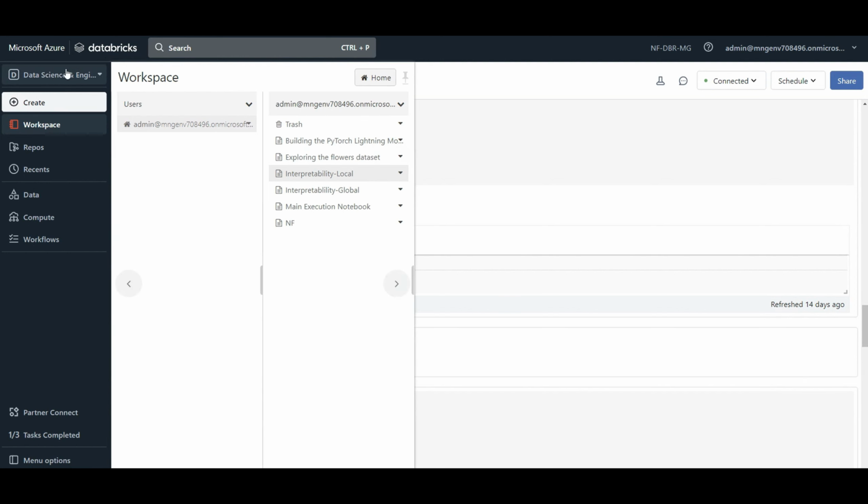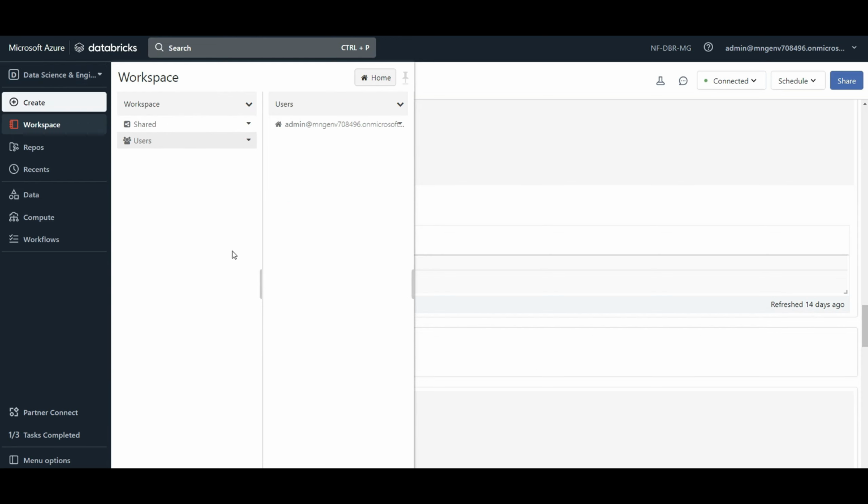So for those best practices, the first thing that should be in place is version control. What does version control mean? For any development that you do for any project, you have to have a single source of truth for your code. So when I have my data scientists, data engineers, each of them developing different components of the project, they have to have a place to push their code to a repository,